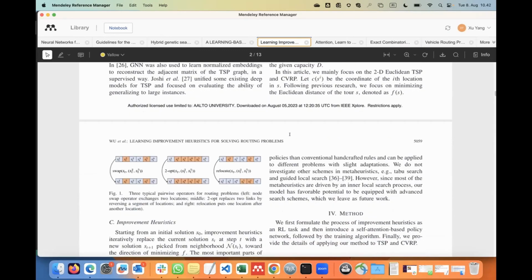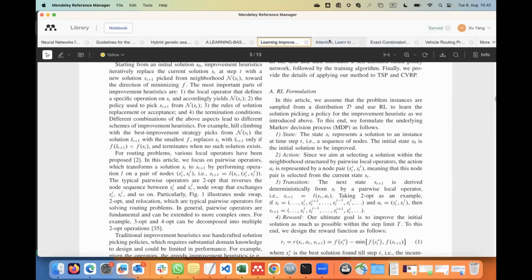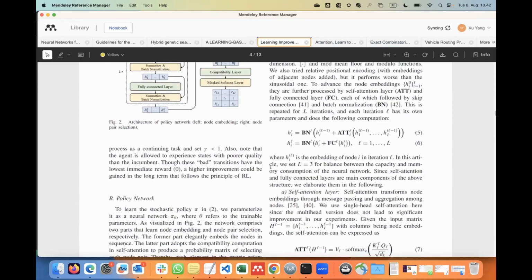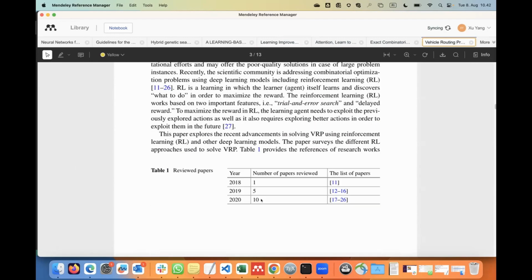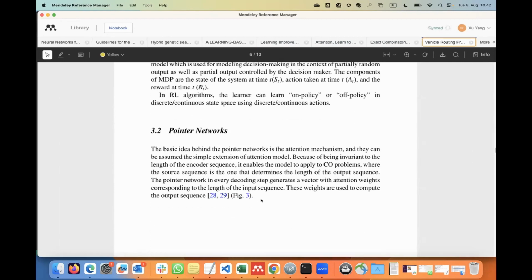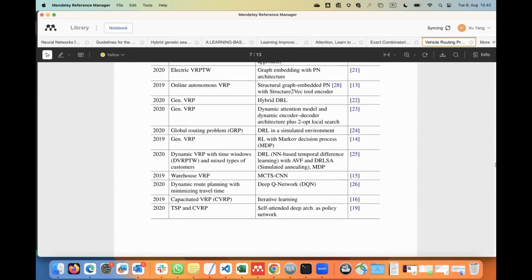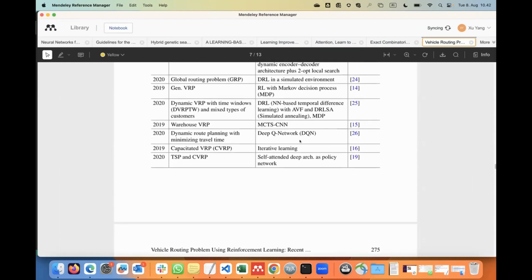So in this area, here are several papers, 4 papers I'm interested in, and one uses imitation learning for the capacitated vehicle routing problem, which is the problem typically used in the research area for vehicle routing.